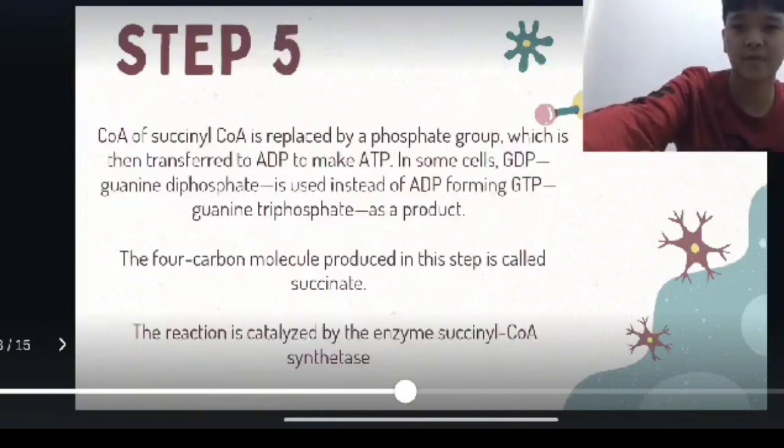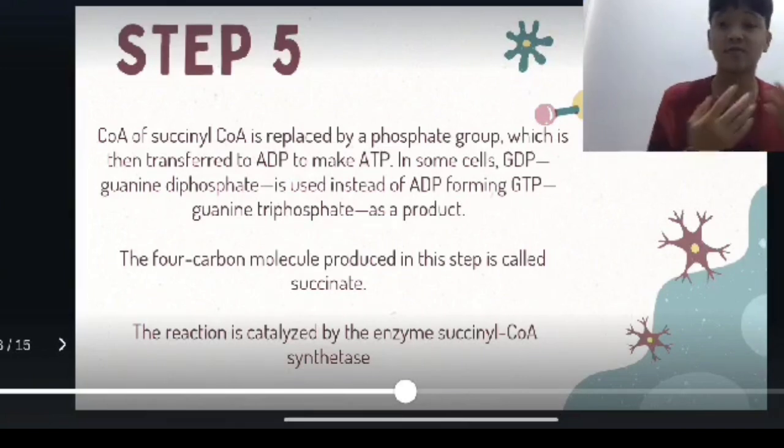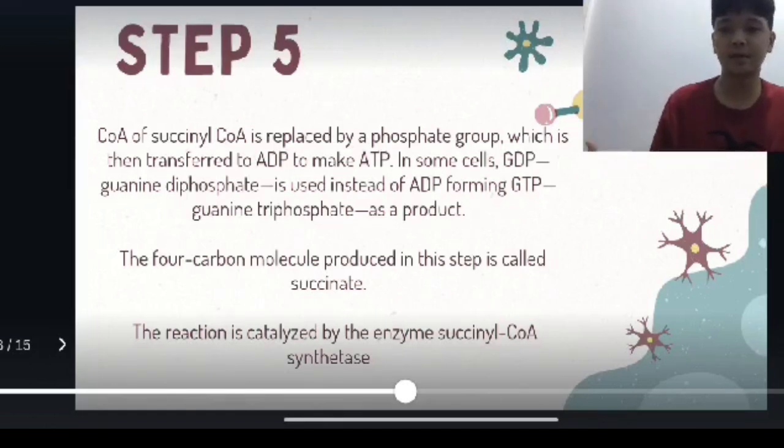So, next we have step 5. The CoA of succinyl-CoA will be replaced by a phosphate group, which is then transferred to ADP to make ATP. In some cells, GTP, or guanine triphosphate, is made instead of ATP. GTP and ATP are the same; it's still a source of energy. A 4-carbon molecule, succinate, is produced because CoA is lost and replaced by a phosphate group, and that phosphate group will be given to ADP. This is our enzyme, succinyl-CoA